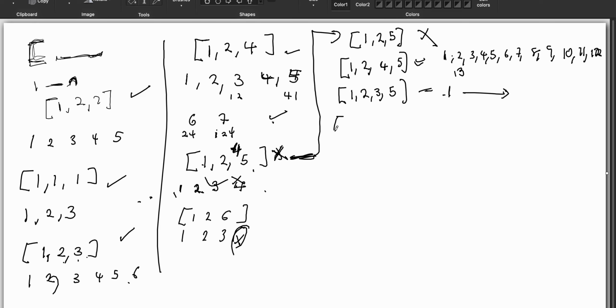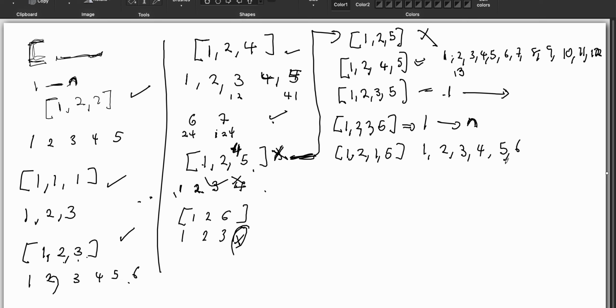If I put the values 1, 2, 2, 5, I can also form a sequence of values from 1 to a particular value n. Right, 1, 2, 2, 5. But if I put the values 1, 2, 1, 5, I can also form a value from 1 to n, right? I can form 1, 2, 3, 4, 5,